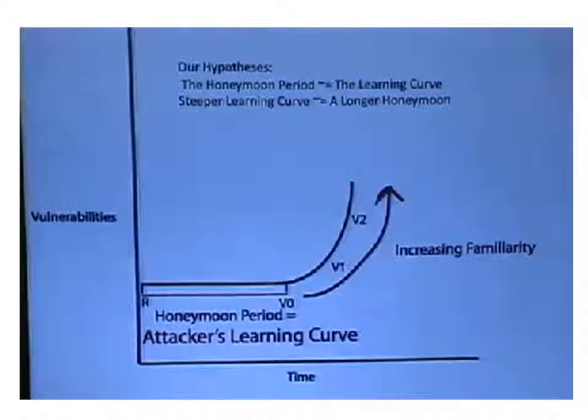And what they found was what they called the honeymoon effect. There was a very long time between release and the discovery of the first vulnerability, slightly less time between the first and second vulnerability, and so on, which suggests sort of a learning curve for the attackers. This suggests that developers can release really bad software, and until the attacker's learning curve catches up with the new software, the software won't be attacked.